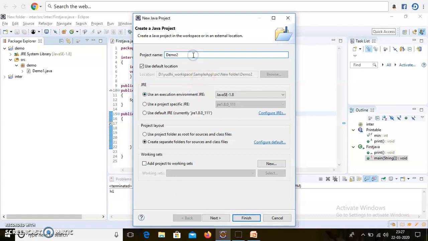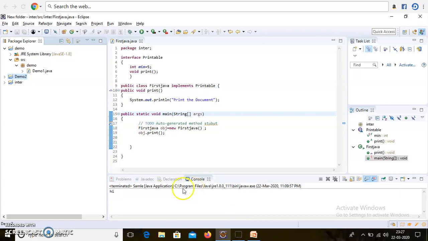It depends on you, you can give any name for creating the projects. Here they are using the execution environment, that is Java SE 1.8, so all these are the configurations for creating the Java files. After giving this project name, you have to finish it. After finishing, the demo2 folder is visible in the package explorer.